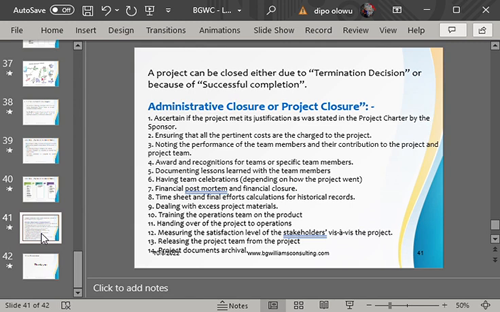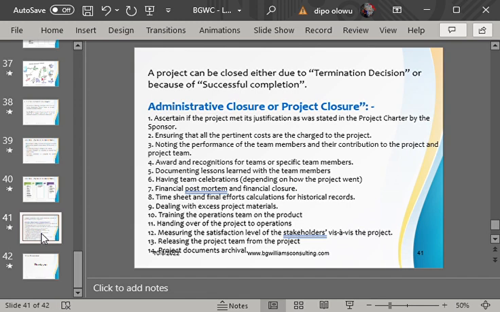Is it only when the project is successful that we can close a project? Take note, no. A project can be closed either due to successful completion of the project or due to a termination decision of the project. Either due to successful completion or termination decision.